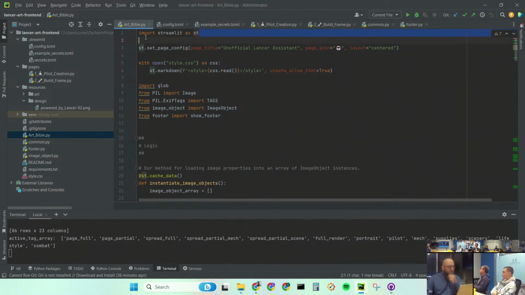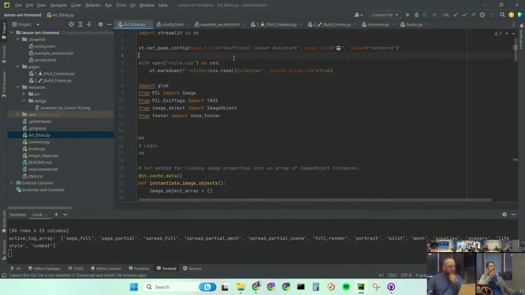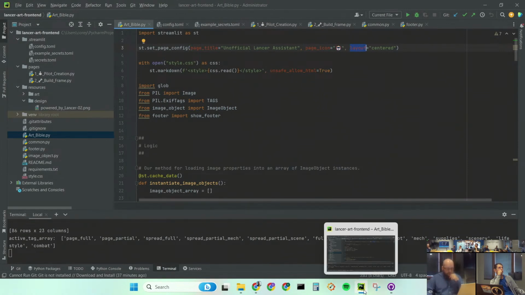So you just get your Streamlit import. And the second convention that they break, but it's not that big of a deal to me personally, is this strange, I mean, you could call it a bug, but maybe it's intended. After you import Streamlit, you have to set page config, and what that does is it sets your page title, and you can choose to have an icon and a layout type. And so, for instance, I can change this,